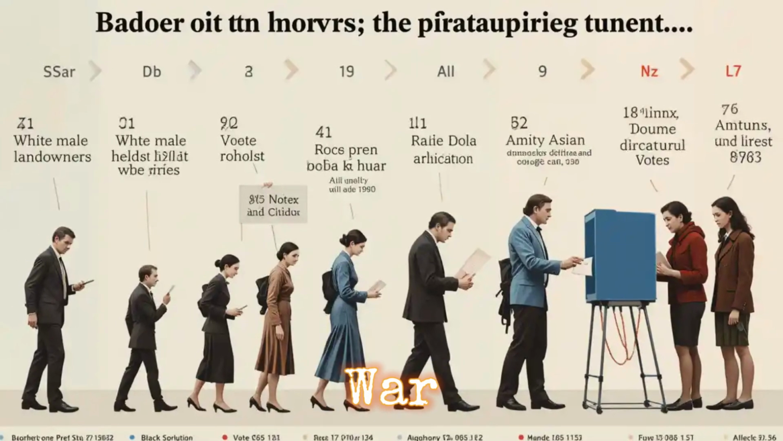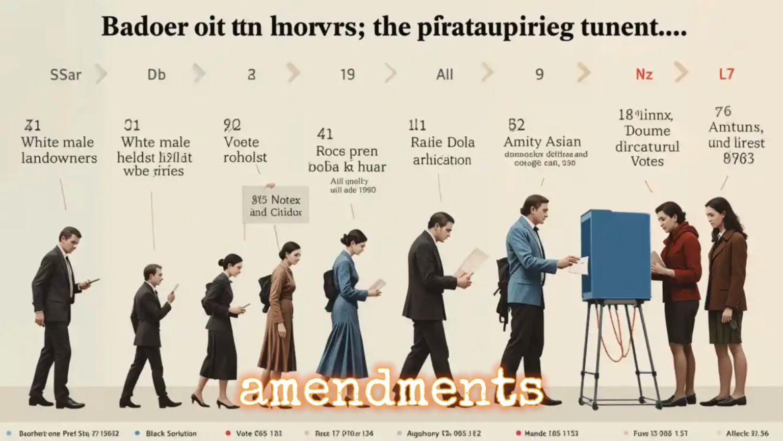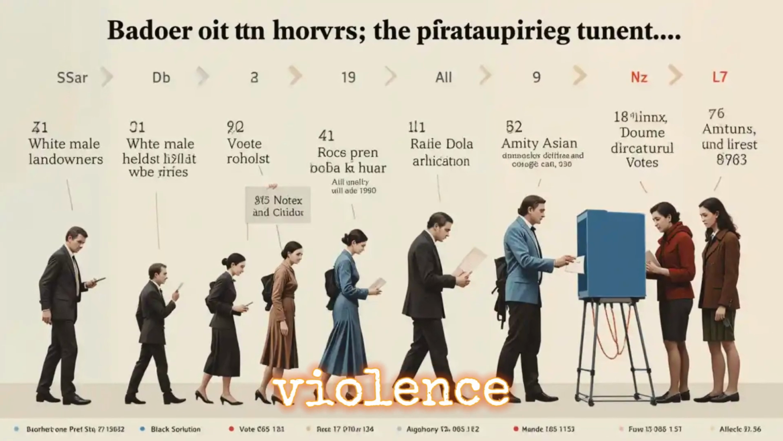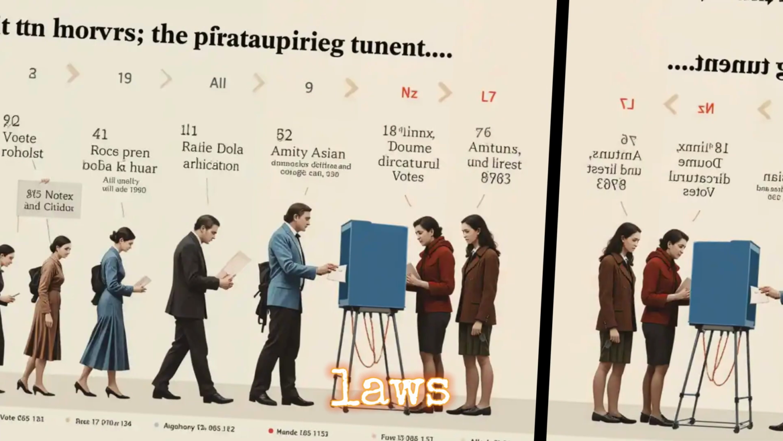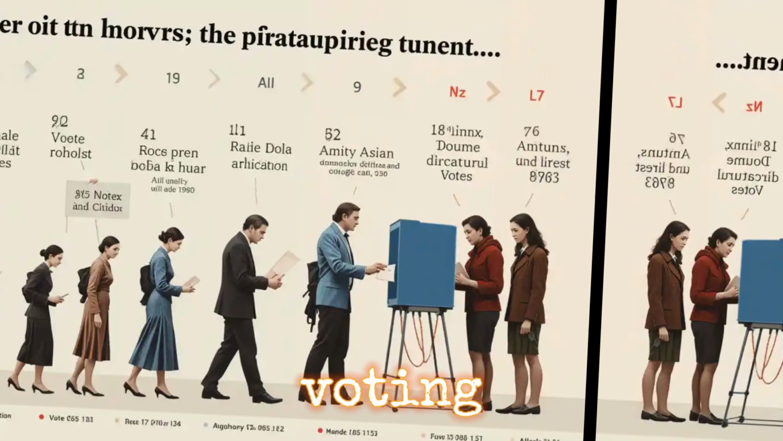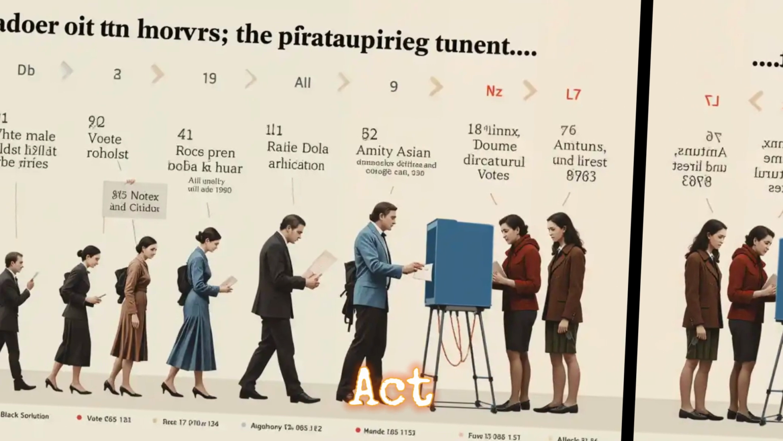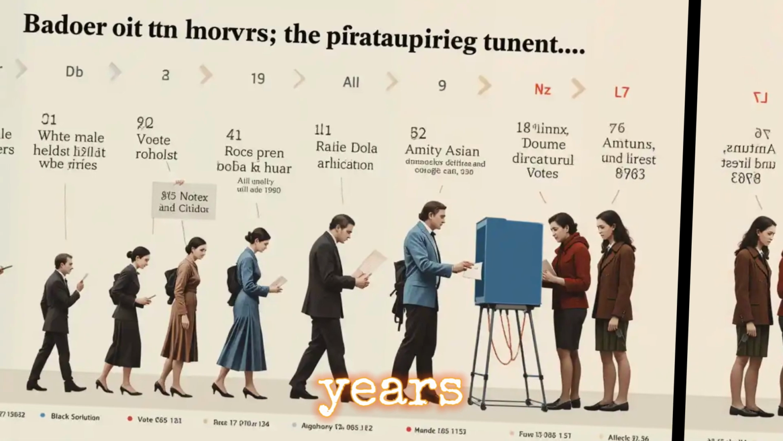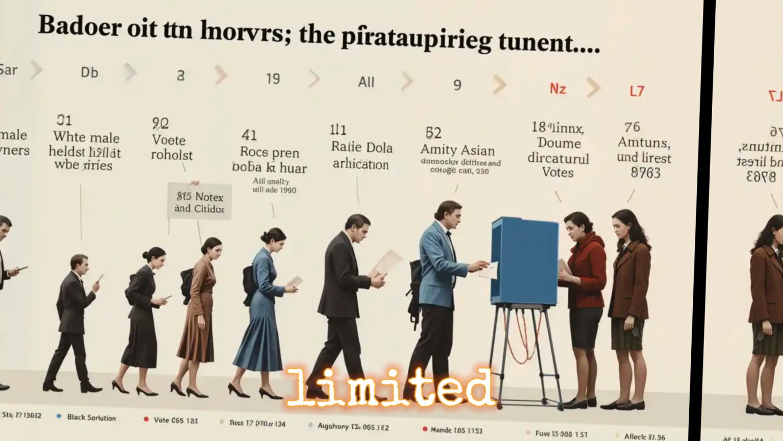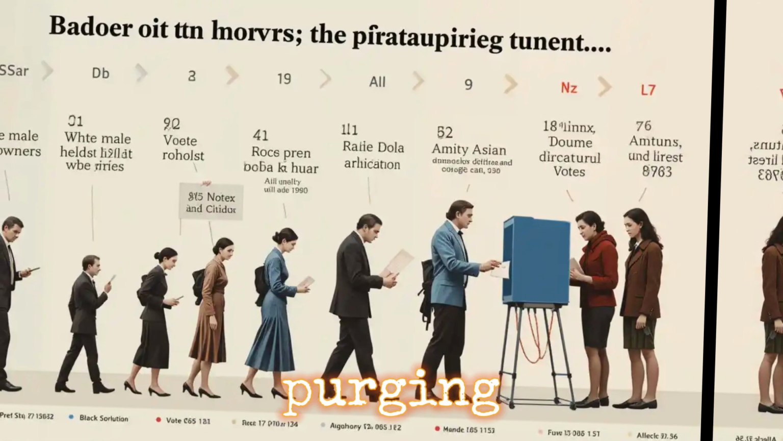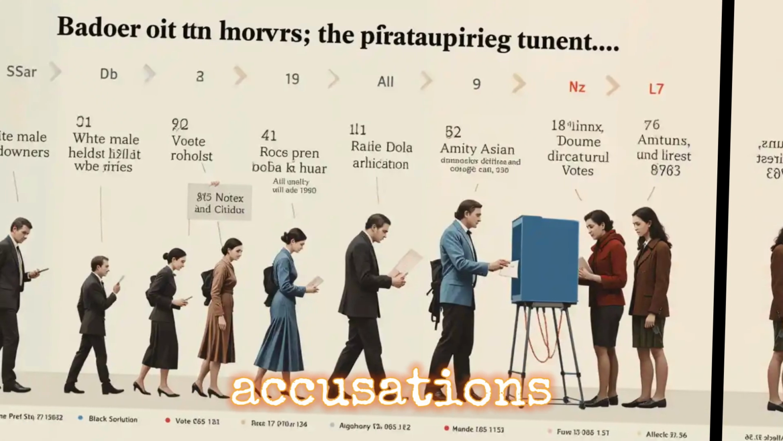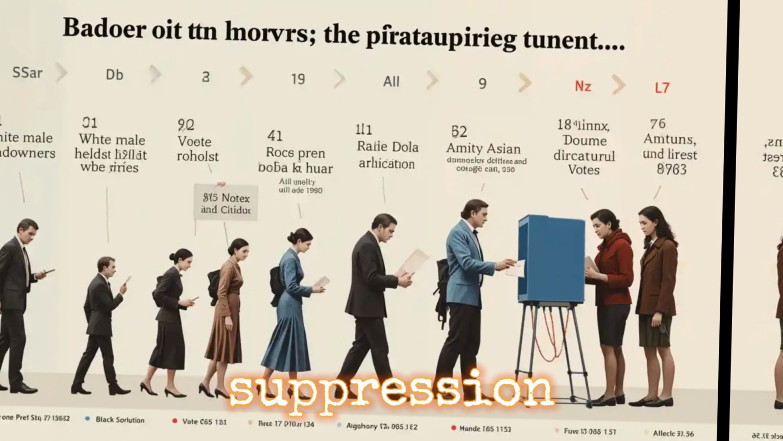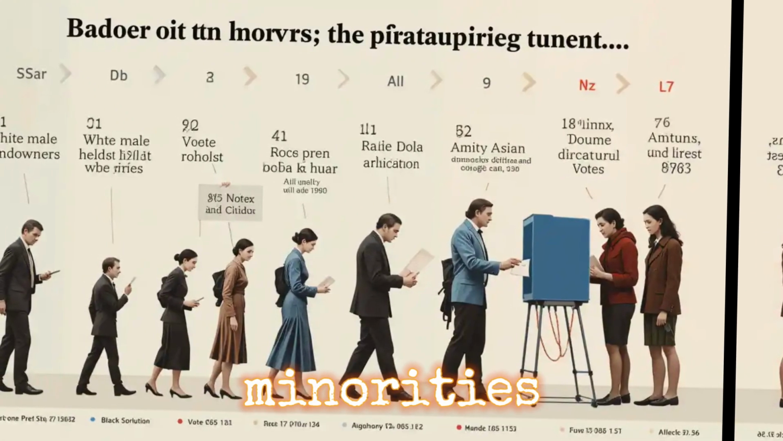After the Civil War, despite constitutional amendments, Southern states used violence, fraud, and discriminatory laws to prevent Black citizens from voting. The Federal Voting Rights Act of 1965 struck down many of these practices, but in recent years, voter ID laws, limited polling places, and purging of voter rolls have reignited accusations of modern voter suppression, often targeting minorities, the